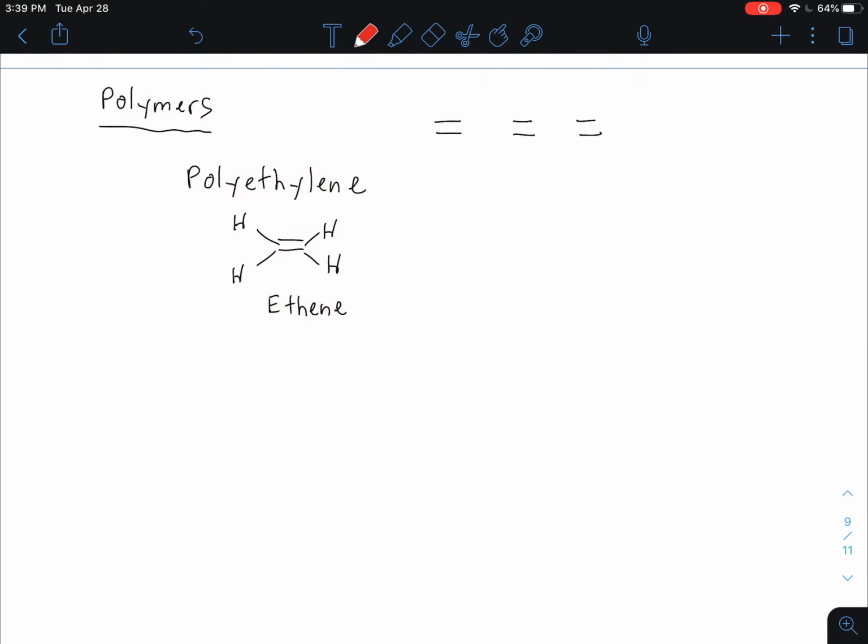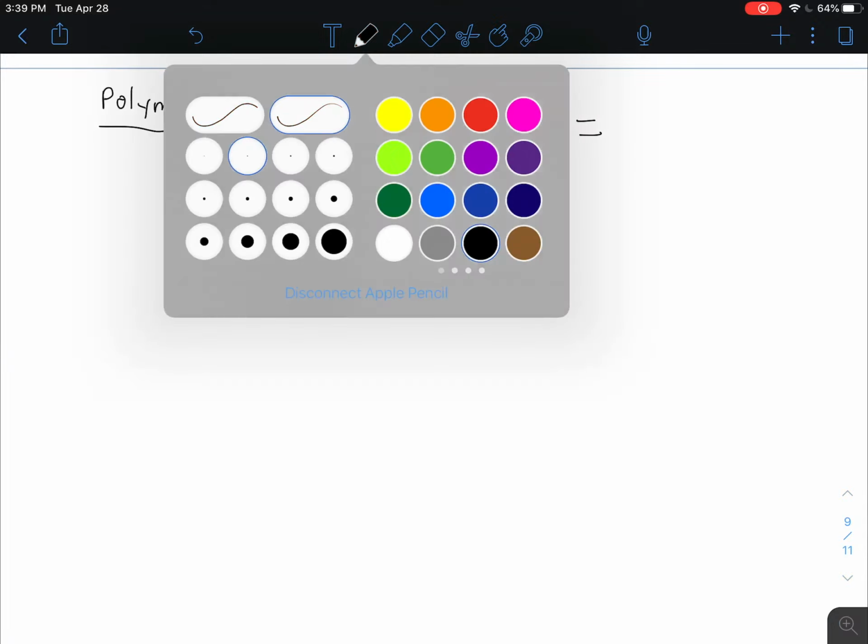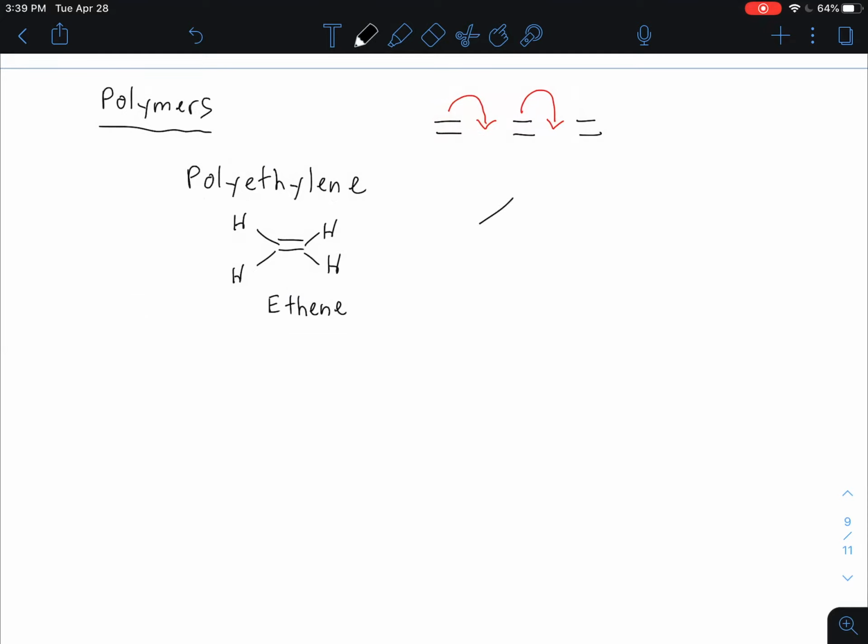And in the simplest sense, you can imagine the polymerization looks like this, where one pi bond swings out to attach to the neighbor, which swings another pi bond out, etc., in order to make connections. So polyethylene is just a really